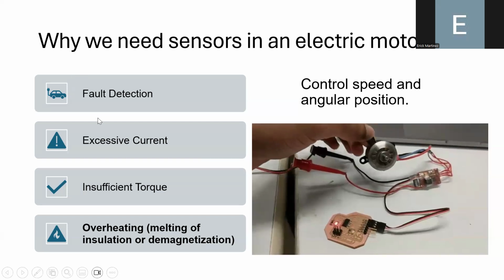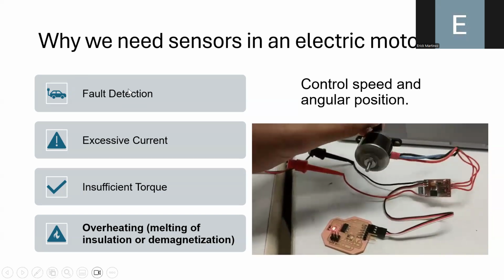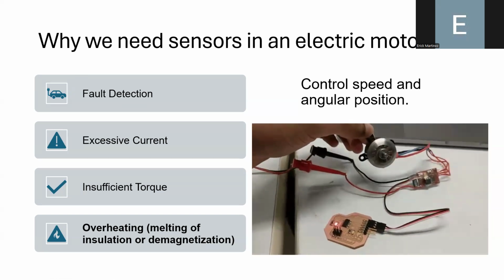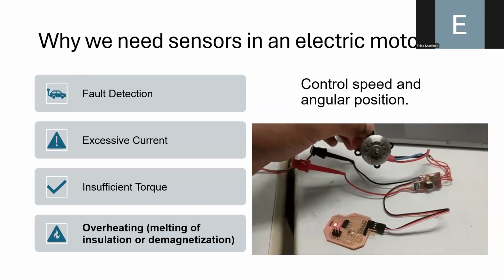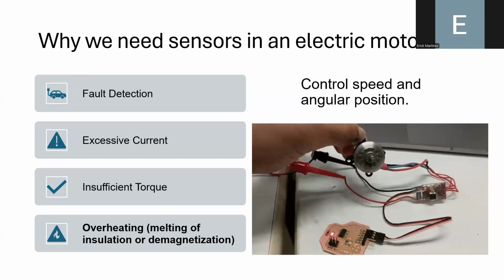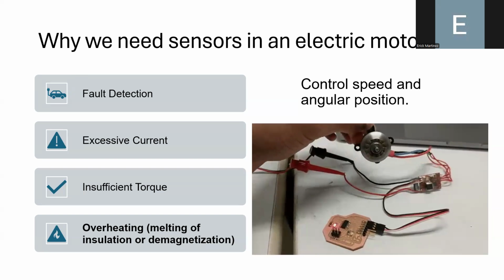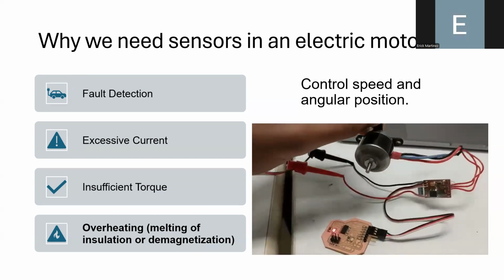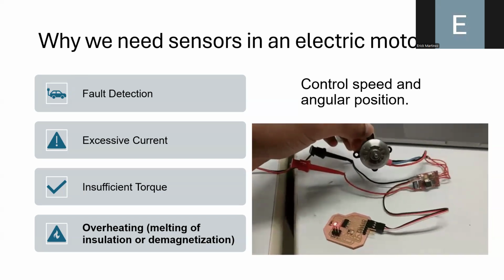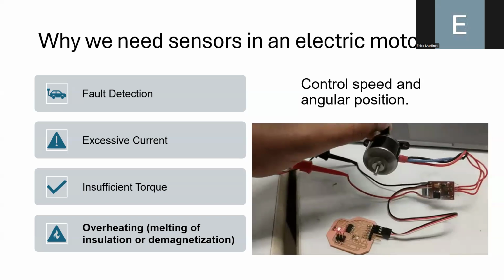But also, we are interested in detecting faults in an electric motor. These faults can be related to excessive current, insufficient torque, or maybe we are overheating the machine due to the increasing temperature inside it. Overheating is a concern because if you increase the temperature inside the machine too much, you can melt the insulation in the windings, and that can produce short circuits, or you can produce the demagnetization